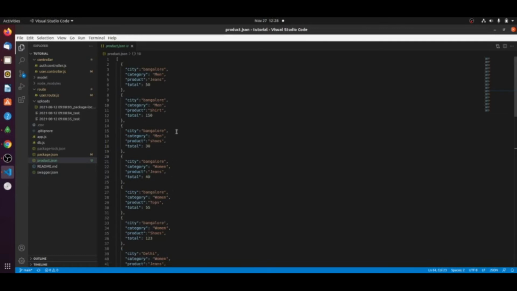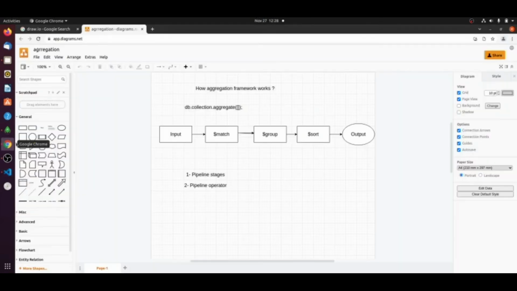So what is our objective here? For Bangalore, for each category, what is the total number of products available. Let's say in Bangalore, for men, what is the total number of products, and for women, what is the total number of products. We will implement the complete scenario that I have drawn here.